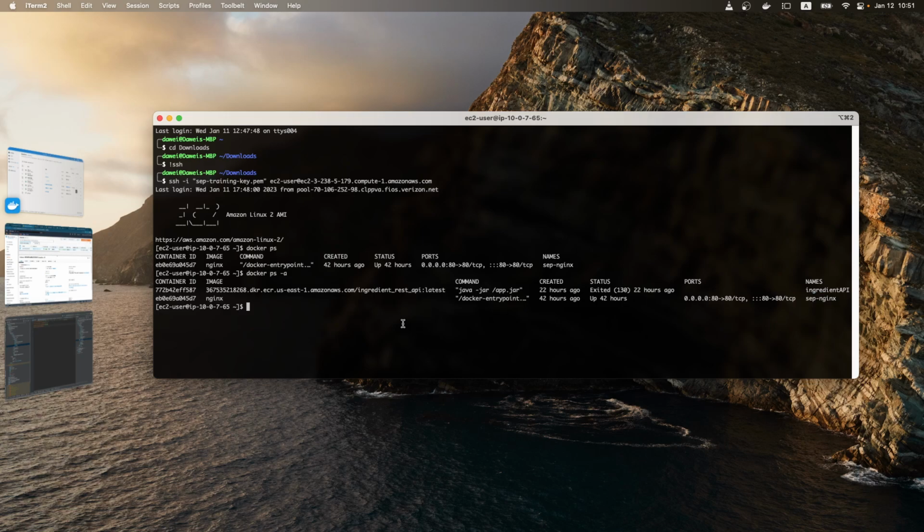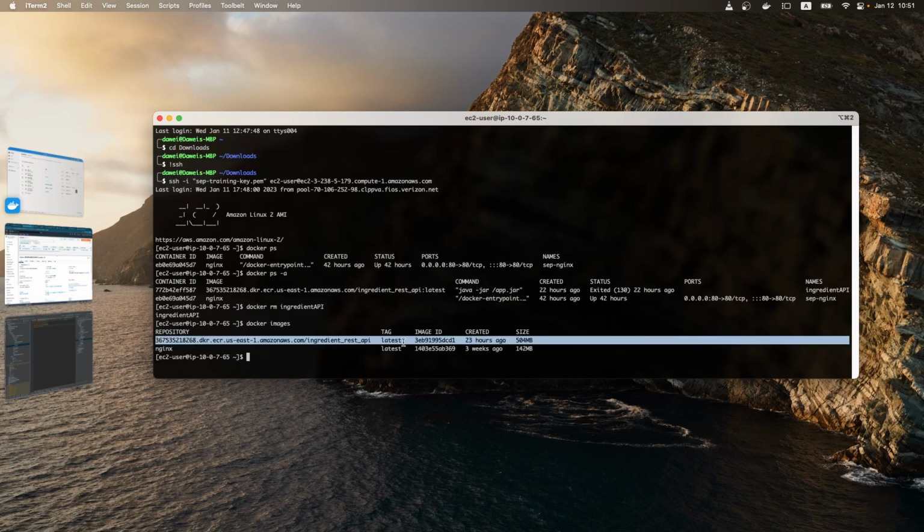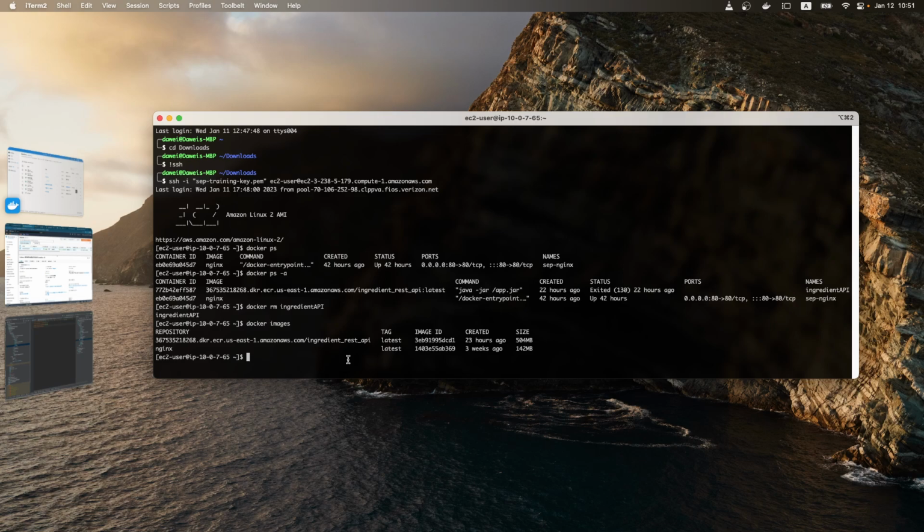So now we have to remove this Docker container, the ingredient API. All right, so we don't have the Docker container now, but we still have the image. We need this image, but we just need to start a new container using the new database connection URL. And if you still remember, we will use